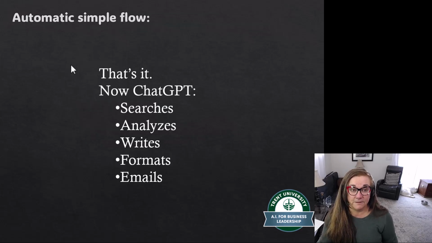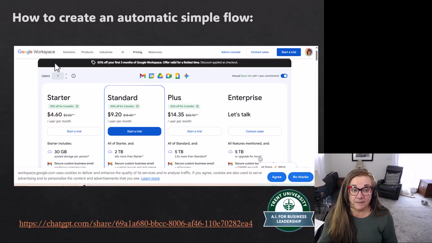Okay. So it's automatic flow. You're basically searching, analyzing on ChatGPT. It writes it, it formats, and it emails to you. So this is the workspace I told you about that you have to upgrade in order for the automatic